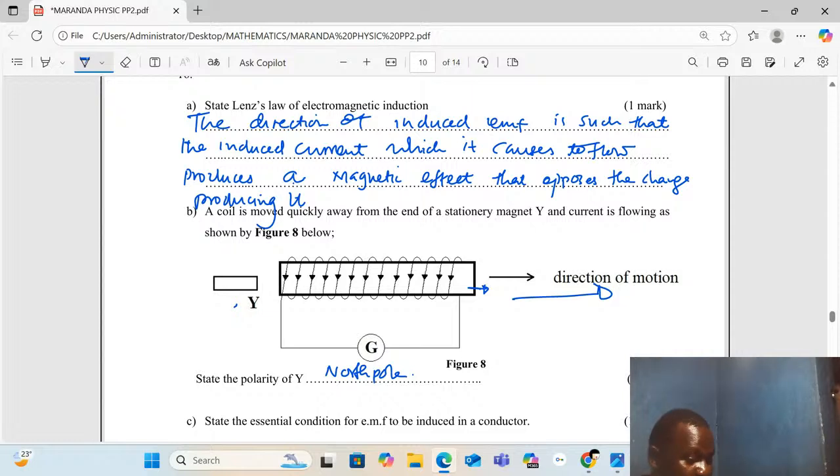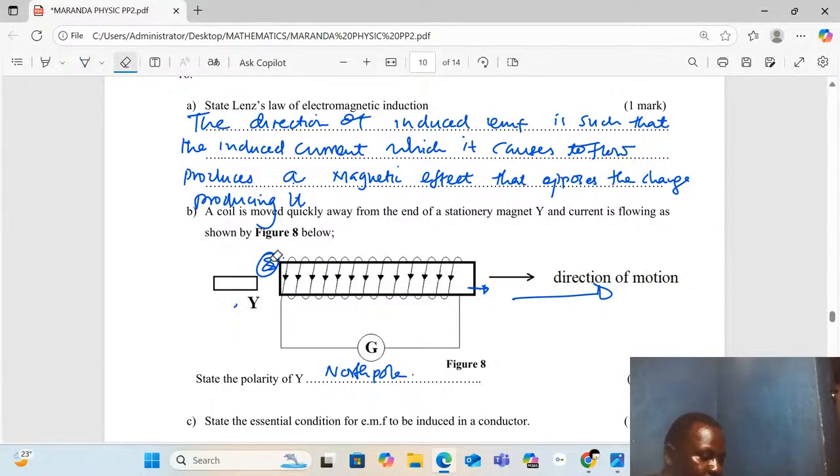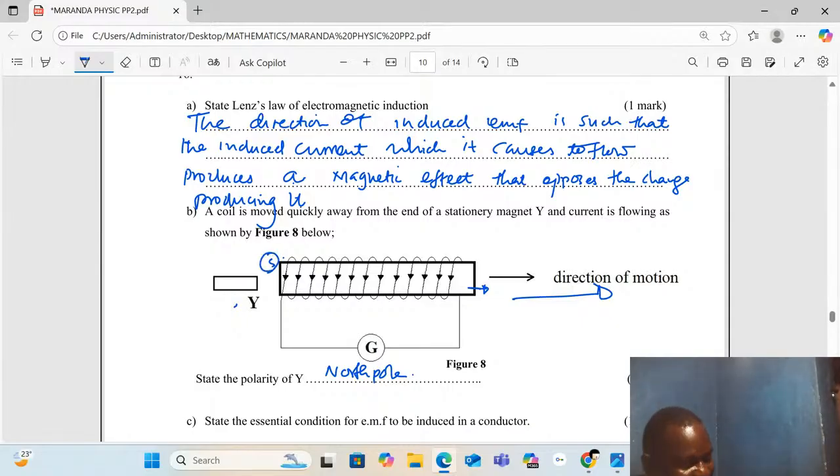If you look at it clearly, it means the one on the left will become a south pole. Unlike the other one,